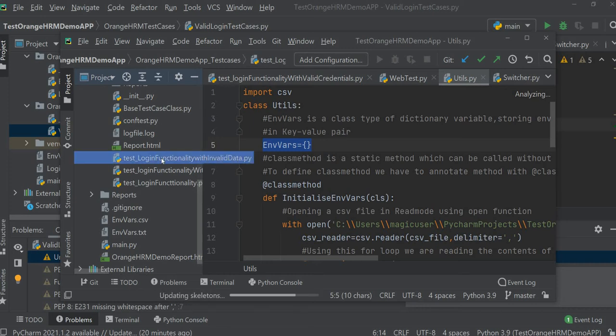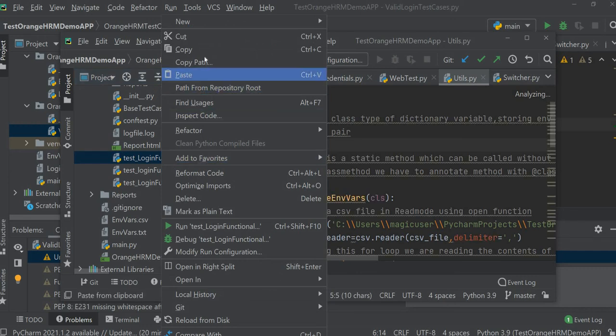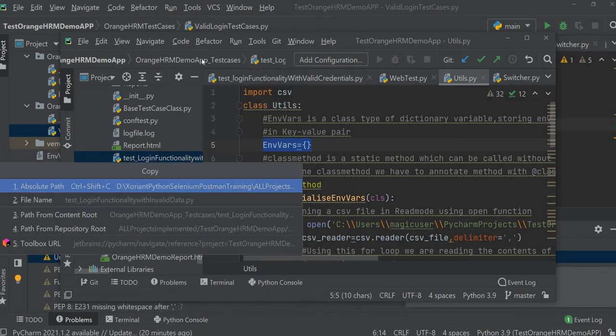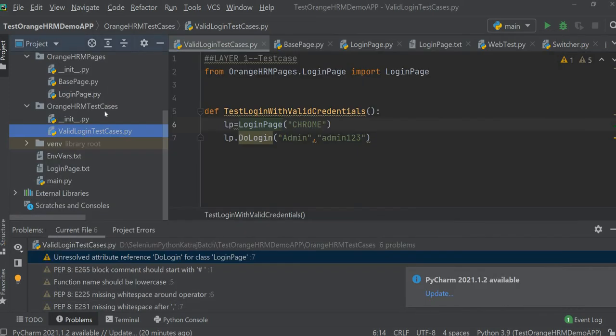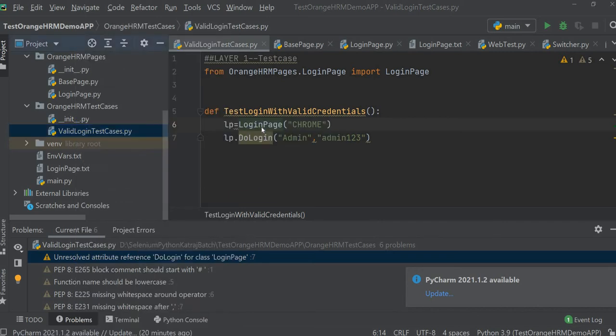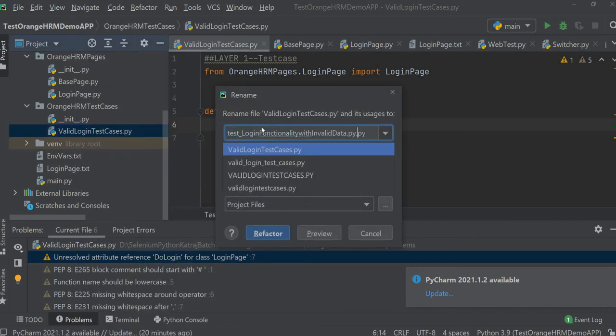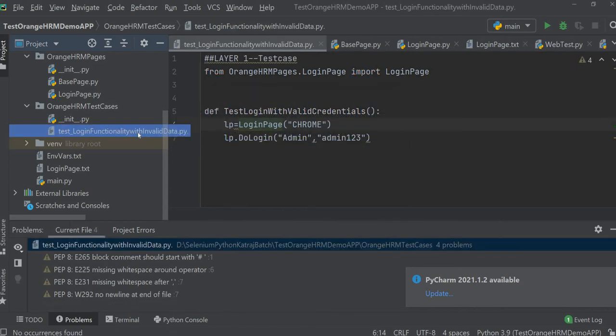Exactly. As we have already learned, guys, if you want to use PyTest, then your test case file name should start with the word test. Only then does PyTest consider that file a test case file. So I'm just renaming our file. Correct. Now I have renamed it.